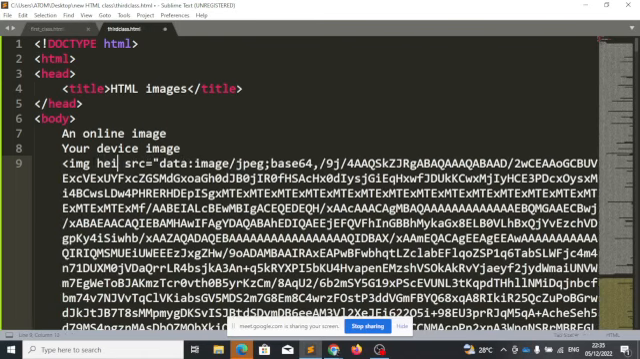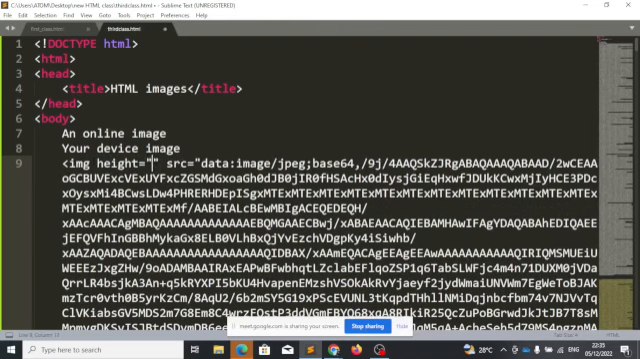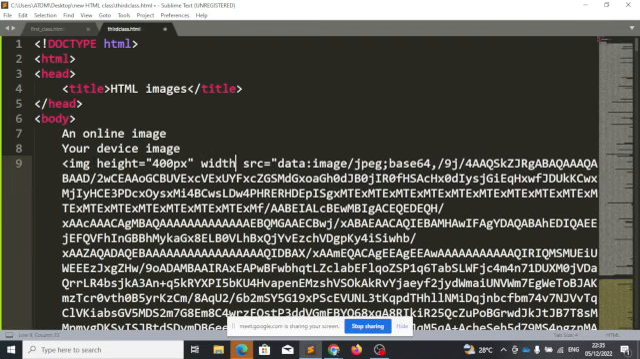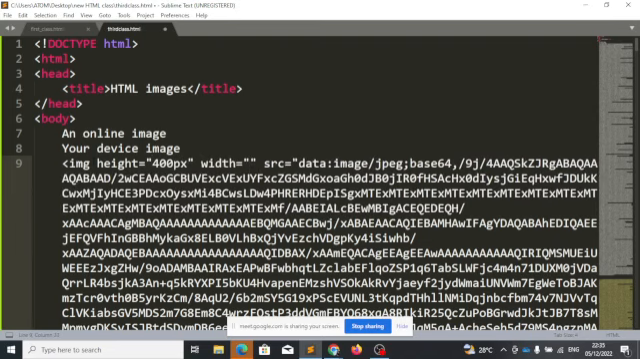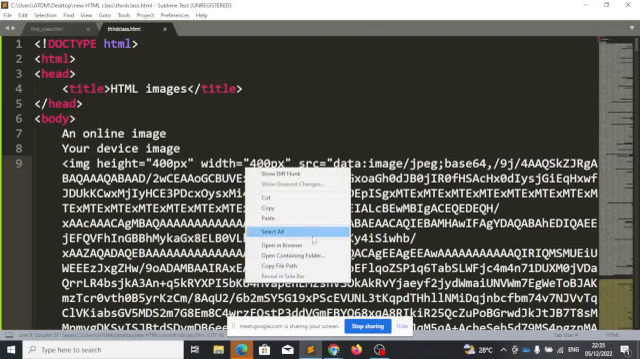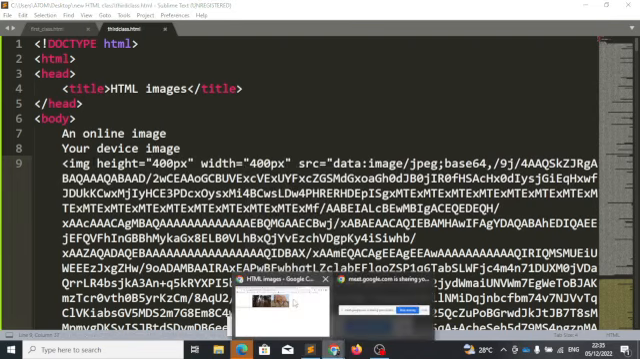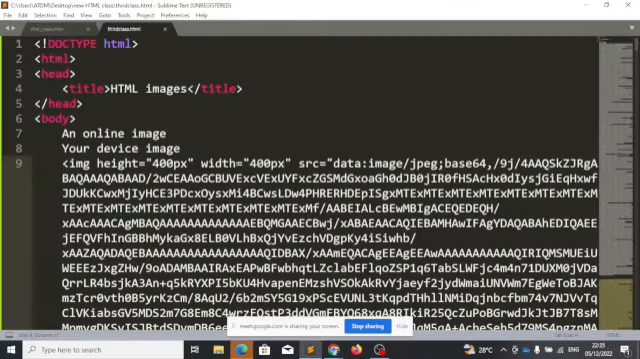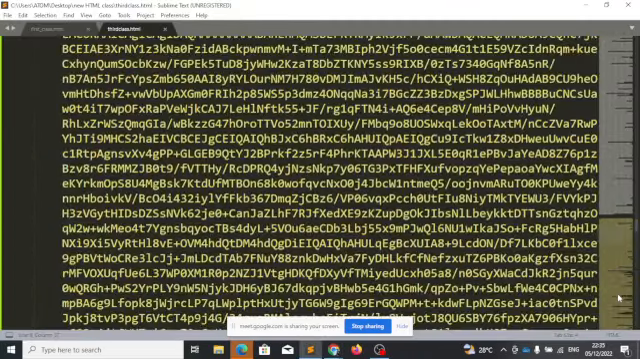So I can set the height and say maybe I want the height to be 400 pixels and I want the width to be also 400 pixels, so that's going to be a square. So the height and the width will be 400 by 400. That makes it a square. Maybe this, I want it to be 200 by 200. So I go to that one